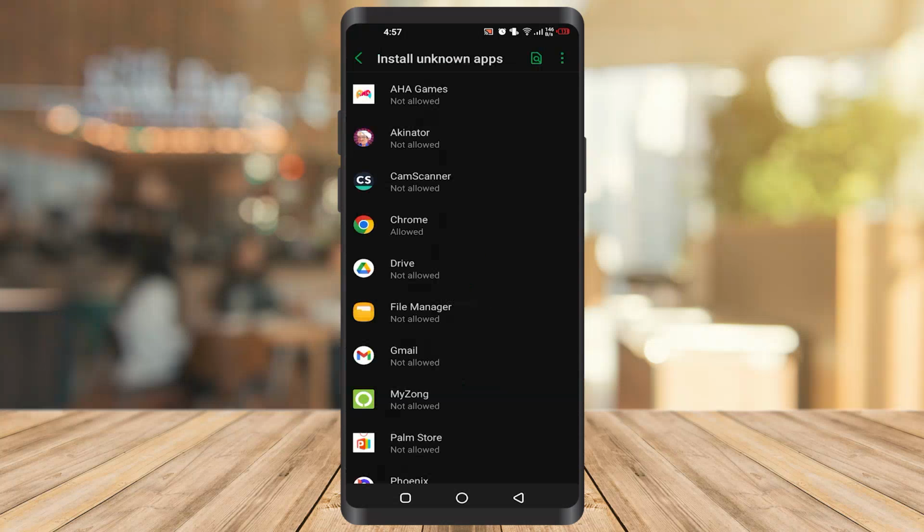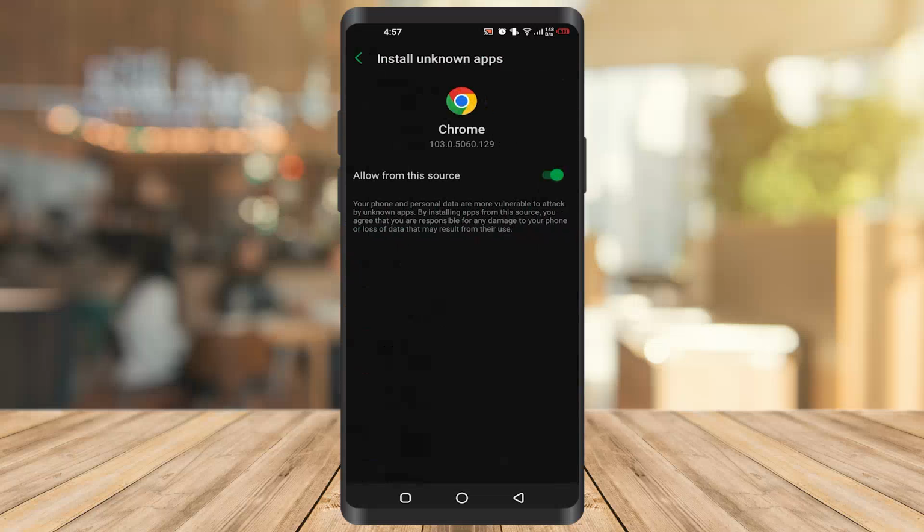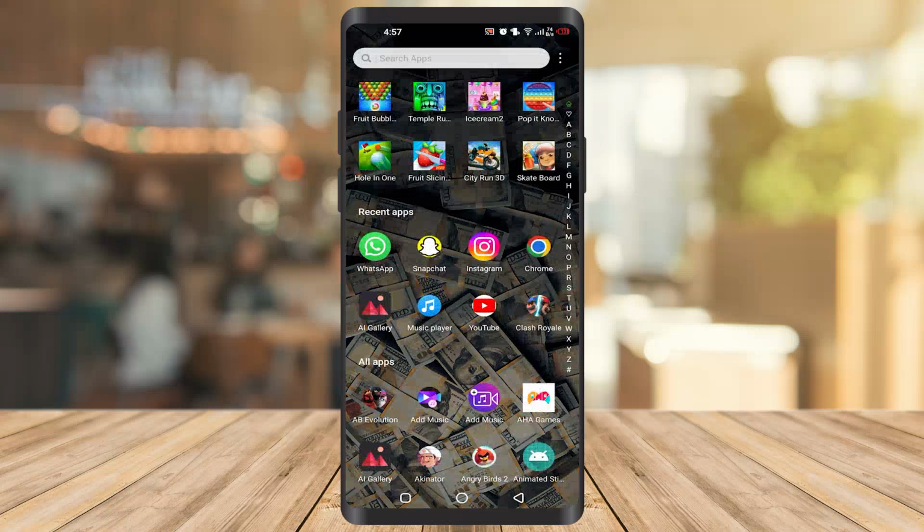After that, you have to click on Chrome if you're downloading it from Chrome and it's not allowing you, or whatever it is, you have to click on it, and if it's not allowed, you have to allow it. It's the first step, and after that you have to go to the Play Store if you are downloading